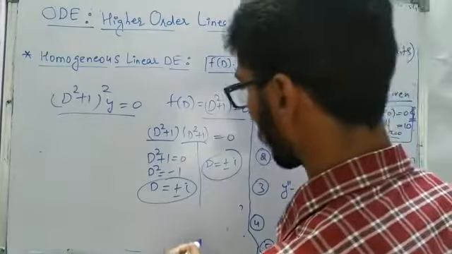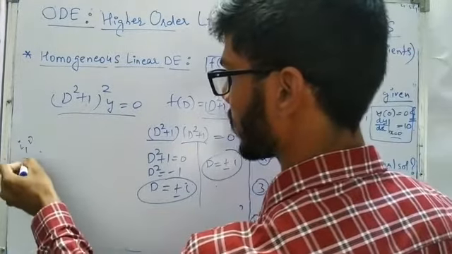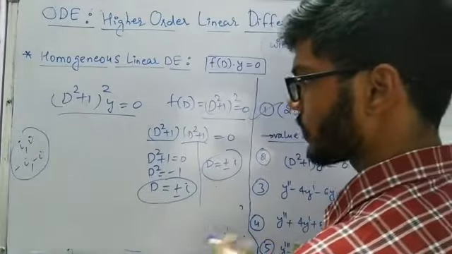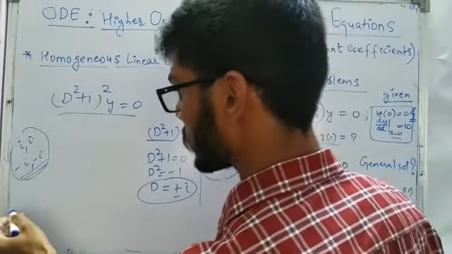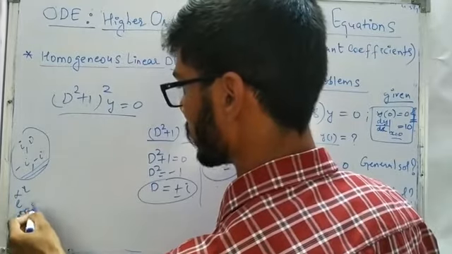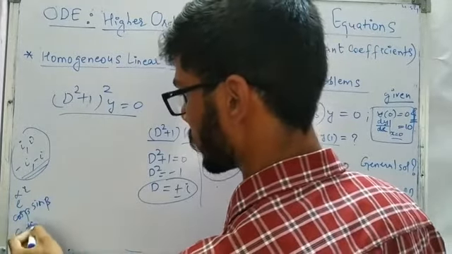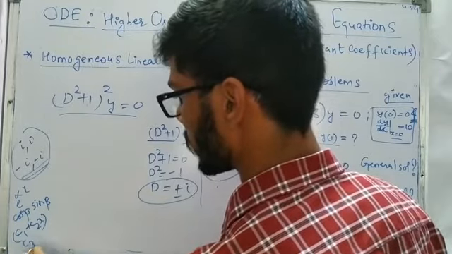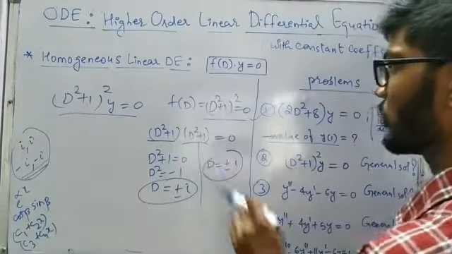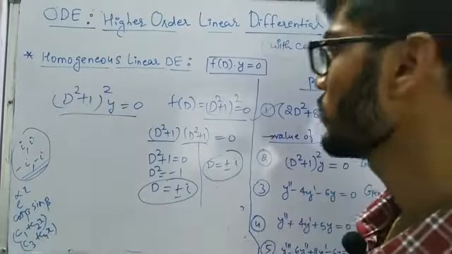So we have complex roots, but they are repeated in nature. So i and i 2 times, and -i and -i 2 times. So we need to write the general solution. In that case, again with complex roots, we get e^(αx) terms with cos βx and sin βx, but they are repeated roots and repeated 2 times. So instead of c1, c2 we are going to get (c1 + c2x) and (c3 + c4x). And why c1, c2, c3, c4? Because this is of order 4, (D²)² is nothing but D⁴. So 4th order means we get 4 arbitrary constants.